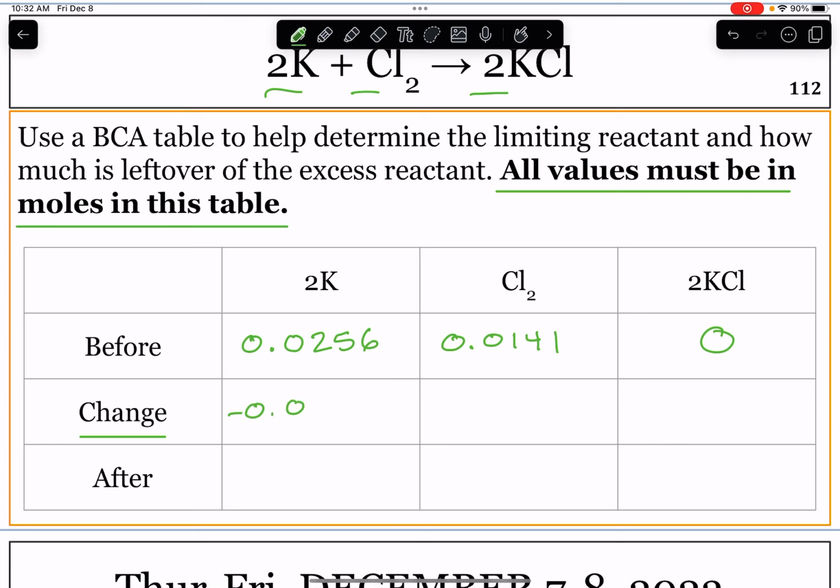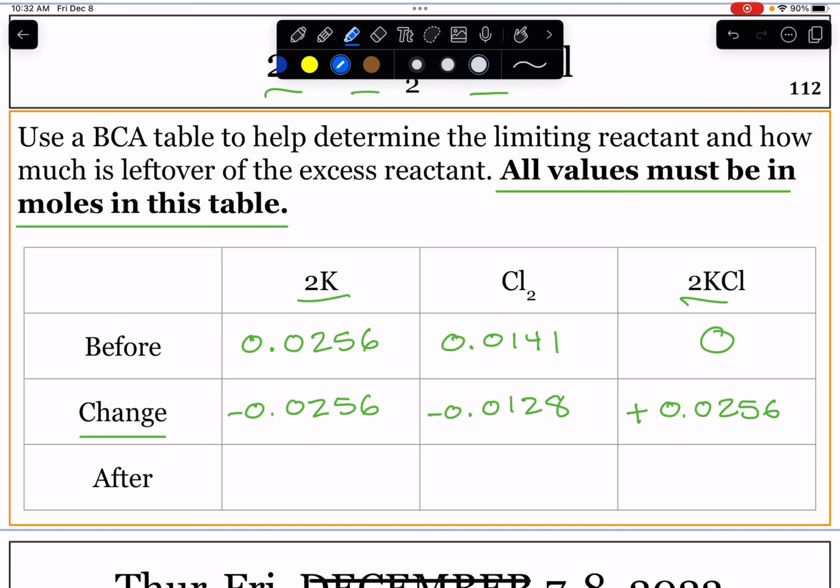So we're going to use up all of the potassium, 0.0256, and we only need half of that of the chlorine, 0.0128, and we have enough chlorine in order to react all of the potassium. The potassium chloride that is produced is going to be in the same ratio as the potassium because this is a 2 to 2 ratio, so it should be the same number. Really quick, let's take a look at this change row again. We have 0.0256, 0.0128, and 0.0256. That is in ratio of 2 to 1 to 2, which is exactly what we have